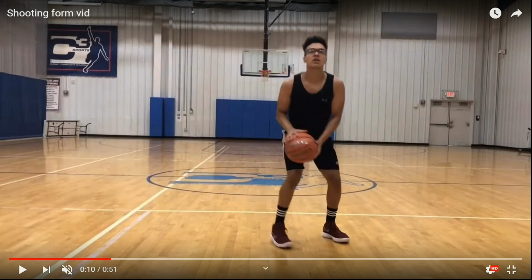A lot of guys like to shoot from the middle, and there's a lot of guys who are great shooters who do that. There's also a lot of guys who like to shoot from the outside, and there are a lot of guys who are great at that. Me, I used to shoot from the middle, and then when I was in high school I changed it so that I would shoot from the outside, and immediately my rotation on the ball got better. I stopped missing to the side as much as I used to,